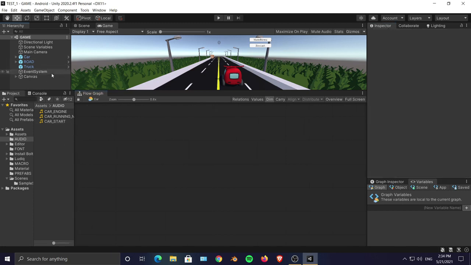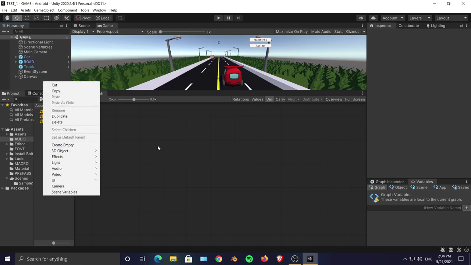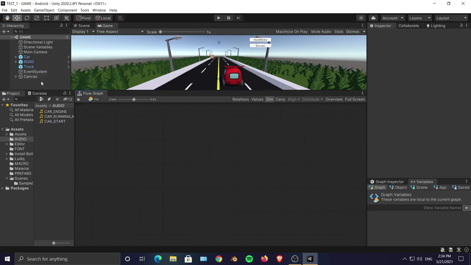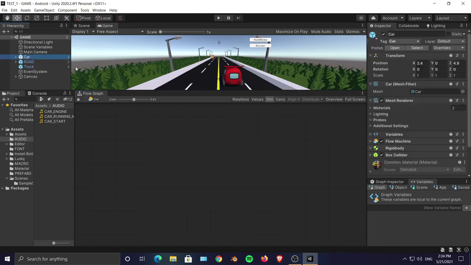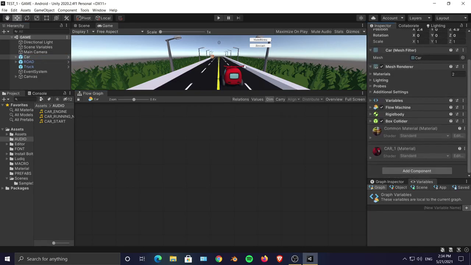What everyone does is they create an empty game object, name it audio manager, and plug every audio script onto it, but I won't be doing that. You can do that: create an empty audio manager and plug the script on it, whatever I'm going to do. But I'll just plug everything into my car, because for audio inside Unity, you need an audio